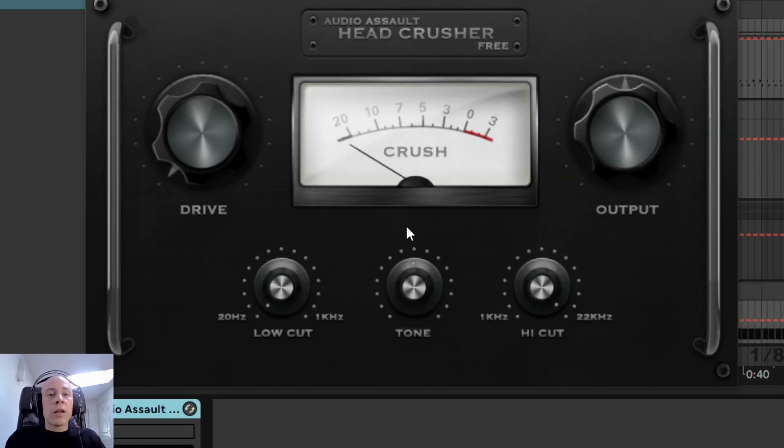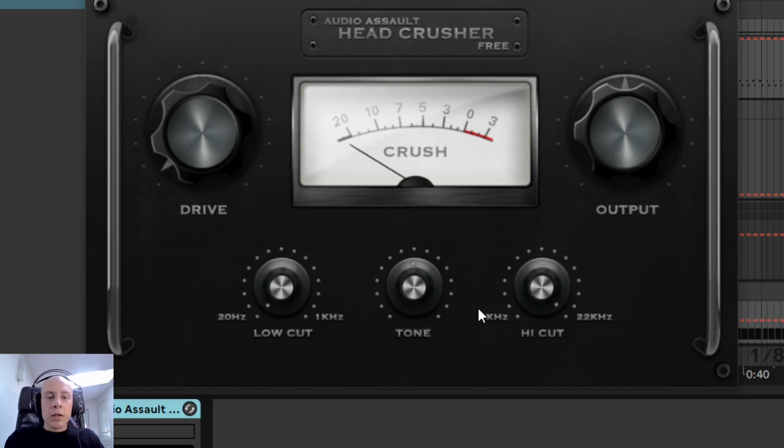This plugin, even with the initial settings, gives us the right character for the sound. I don't need to use lots of drive because that could over-distort my bass sound. I will use just a tiny amount of it. The tone control can emphasize a certain frequency range.